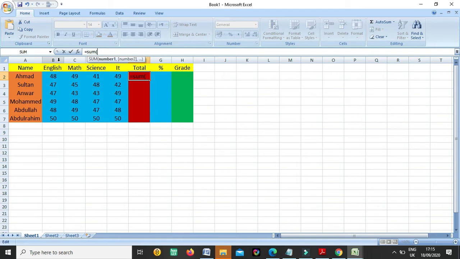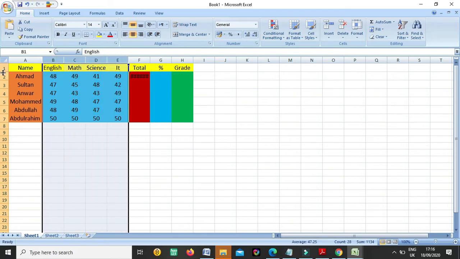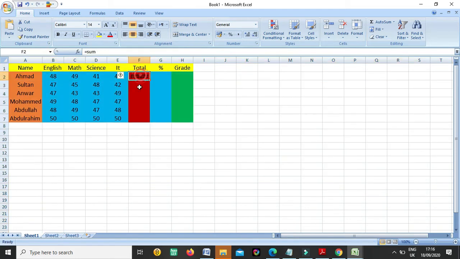As you know, these are the rows, these are the columns, and these are the cells. Suppose I am here, it will show the cell number. See, these are the columns, these are the rows, and these are the cells. Each cell has the cell number. I am here, so you can see on left the cell number is F2. If I am here, F12, here D12. So each cell has the number. So now I have to write the numbers of the cells. This one B2, this one C2, this one D2, this one E2.